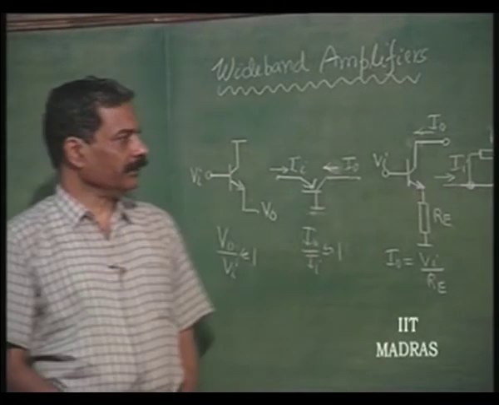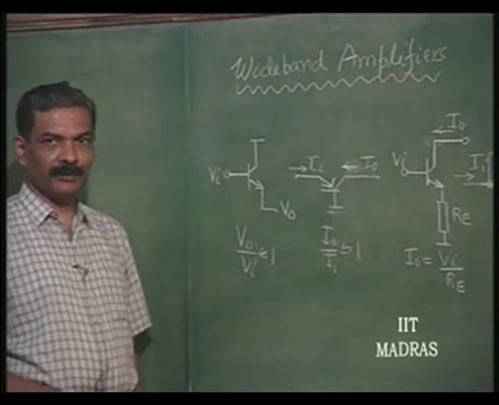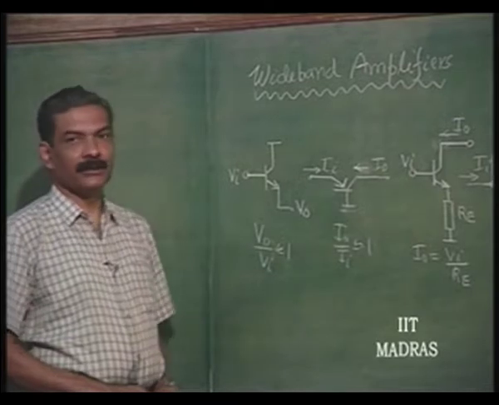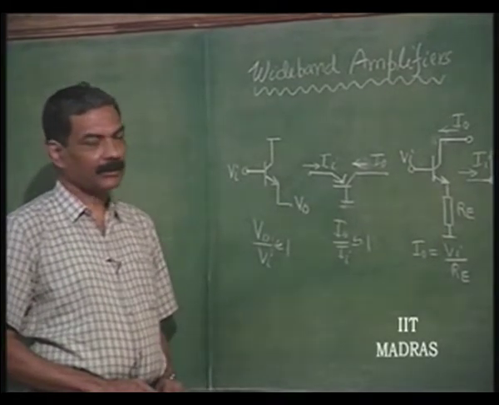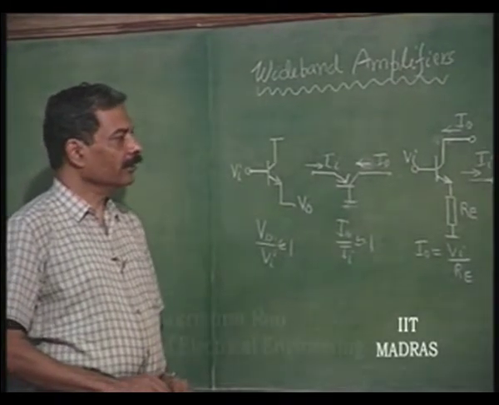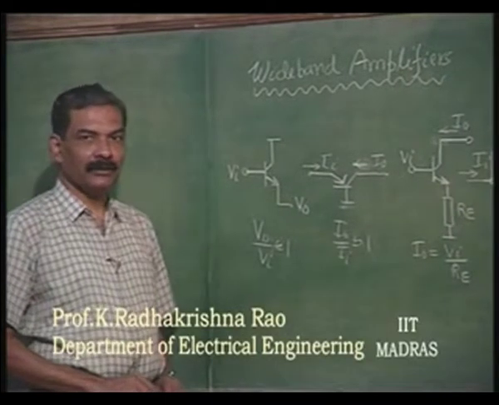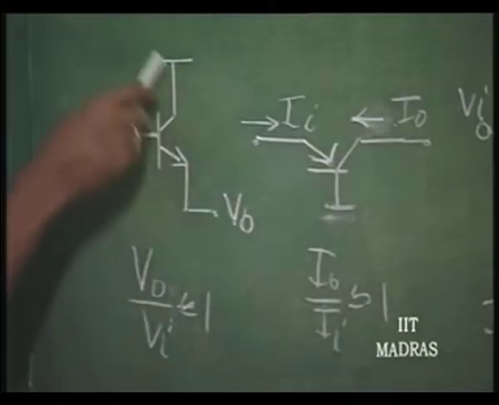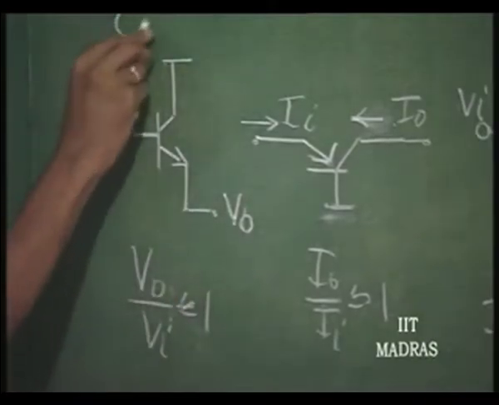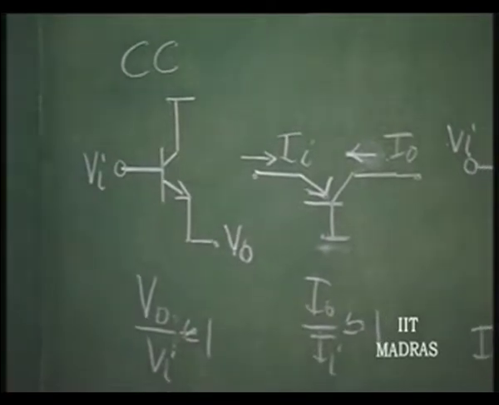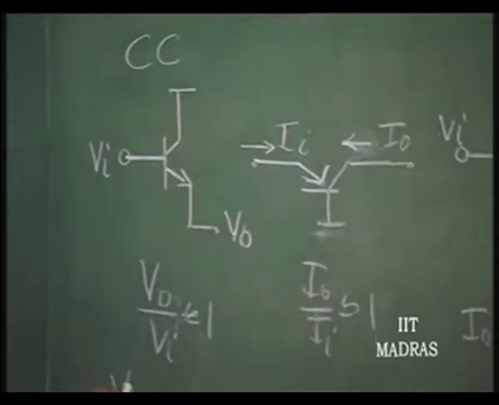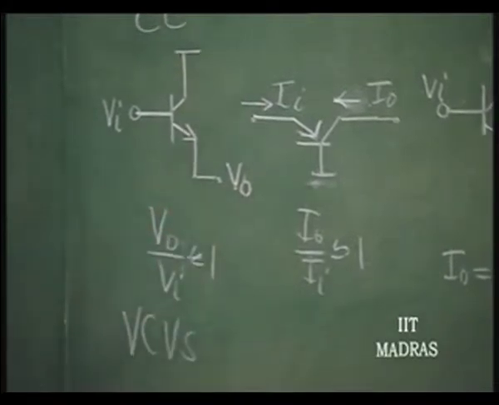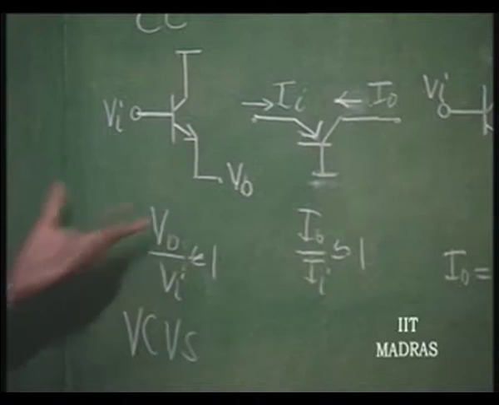Yesterday we discussed single stage negative feedback wideband structures, basically those that do not need any frequency compensation, hence the negative feedback results in wider bandwidth than otherwise. Therefore, this is a common collector stage, which is essentially a voltage controlled voltage source with unity gain, normally used as a buffer stage, which is a wideband structure because of its complete